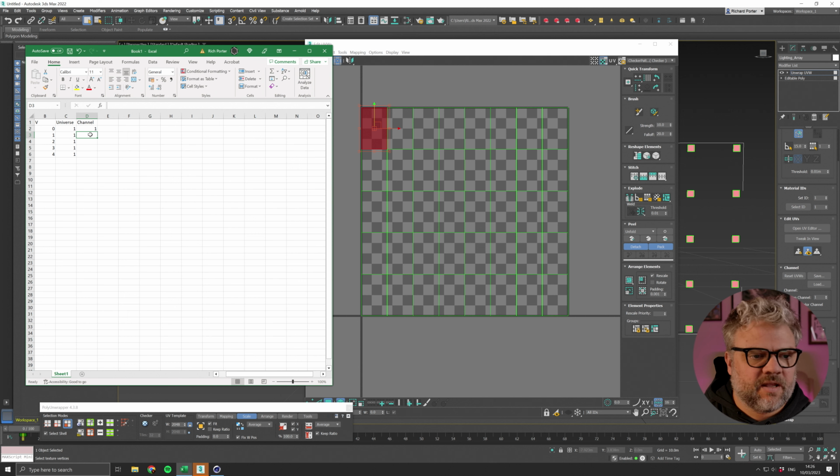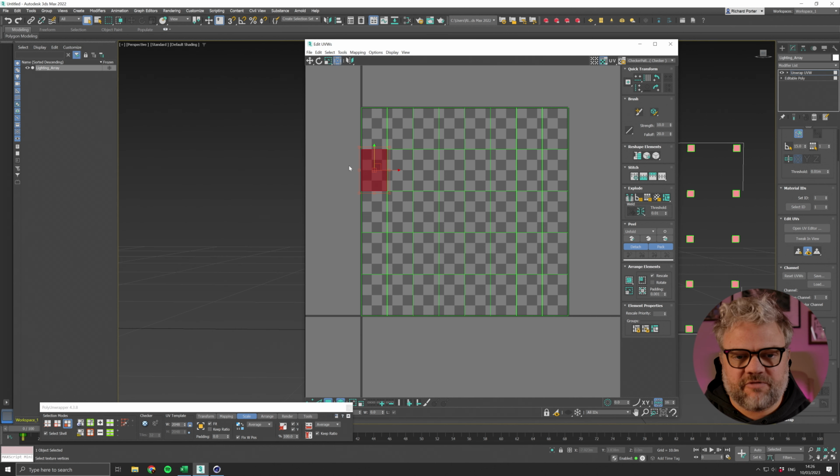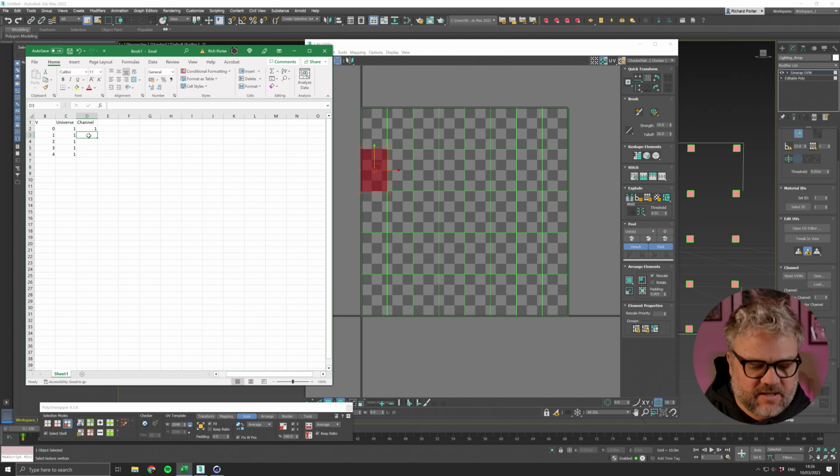And then as we move up through the fixtures, we're just going to add 3 addresses. So the first pixel is going to have 3 addresses for its red, green, and blue information. And then we're going to move down and we're going to give 3 addresses for the red, green, and blue information of the second light in the column. So we can just do this with a quick formula. This is going to be that channel plus 3 channels, and that way, rather than having to do some sort of mental arithmetic,